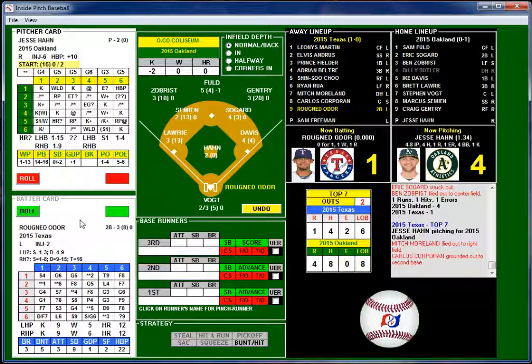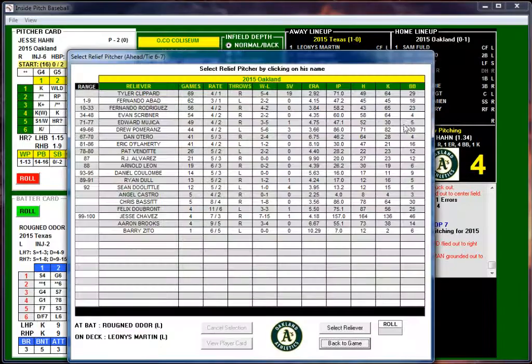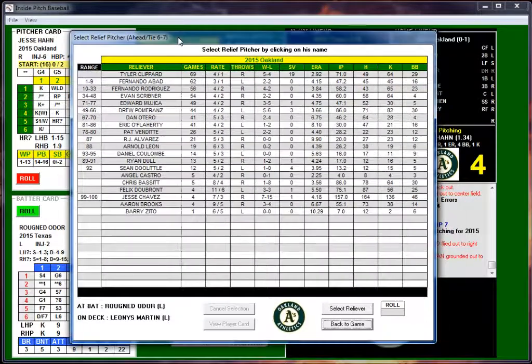All right. So let me see who they brought in for Jesse Hahn, if anyone. Let's see. So he is a lefty. Okay. So they do have lefties coming in.